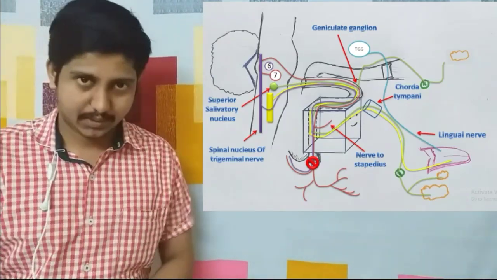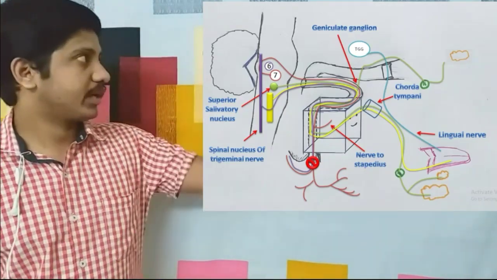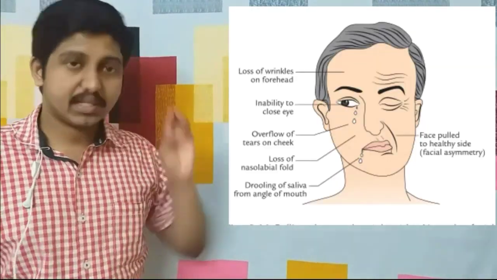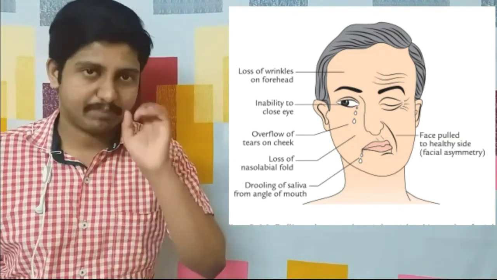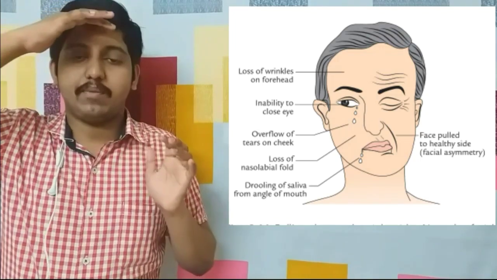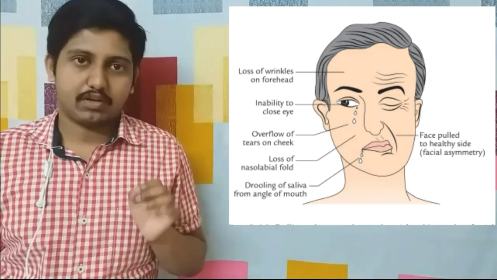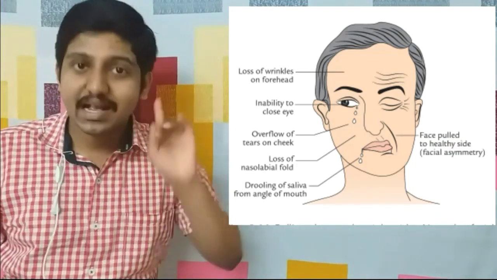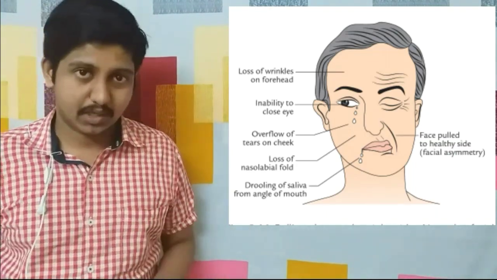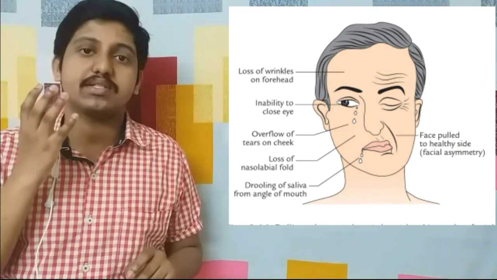Let's look. Bell's palsy is nothing but a lower motor neuron lesion. These are the symptoms of Bell's palsy. Let's start from the face as a whole and go from above to lower. First of all, there will be facial asymmetry. Why? This is because the ipsilateral face, ipsilateral means on the same side of the face,